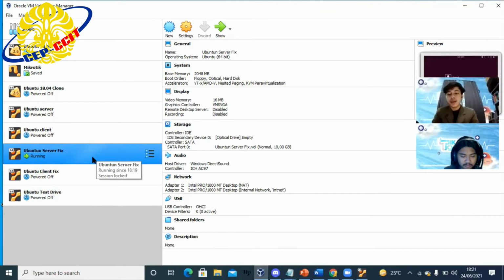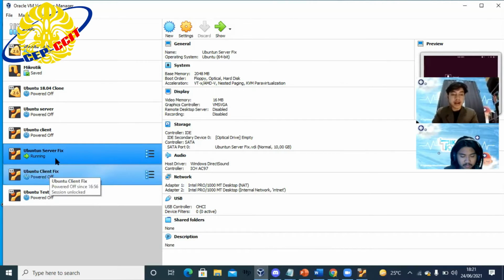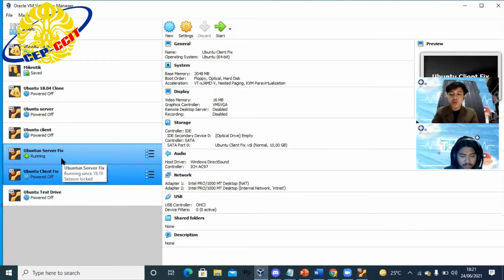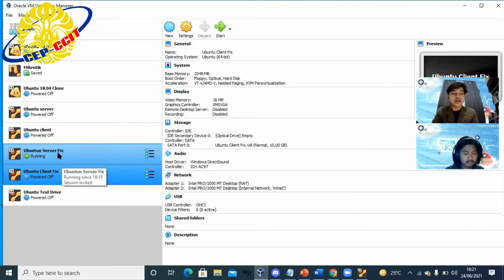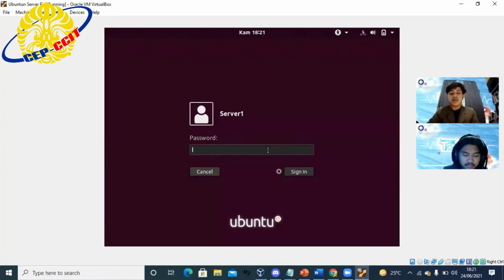Here I have made the FTP configuration on the server and client, because once it is installed, it cannot be installed anymore. So I will explain on the server.